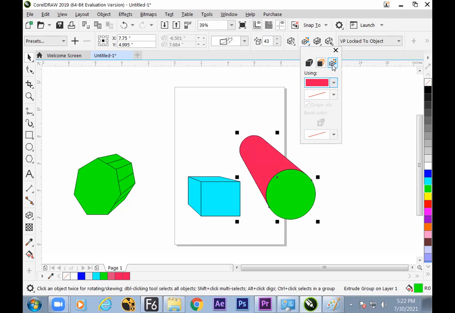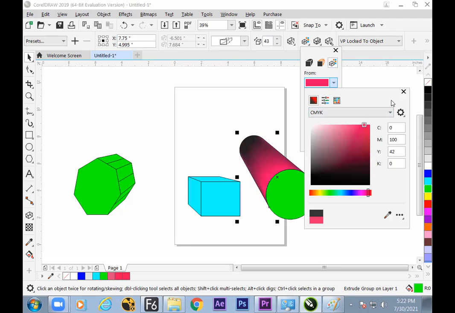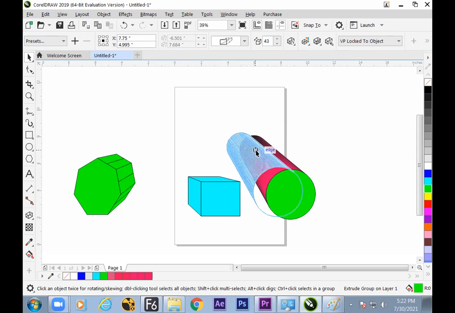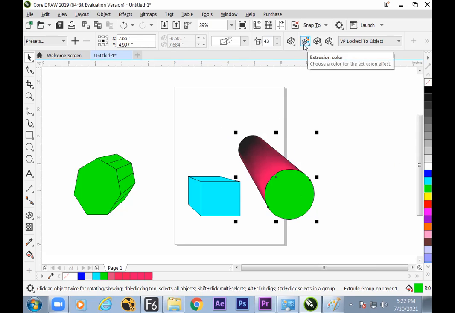Next, we can give gradient too. By default it is solid color, we can give the gradient too. First color and second color could be taken from here. So hope we have understood now how to give the extrude, how to change the angle, how to change the length of the extrude, how to change the colors, not only solid but also gradient. Third button. Hope it is clear. Is it okay? Extrude.